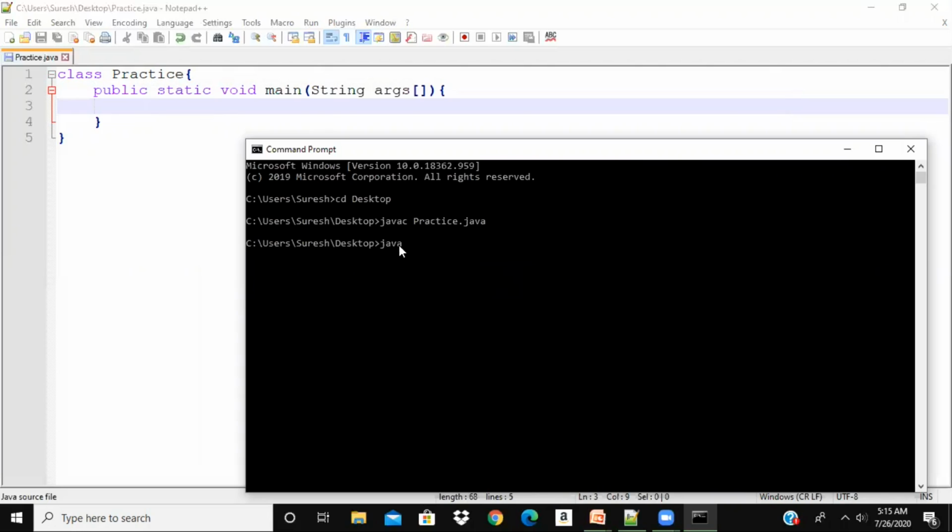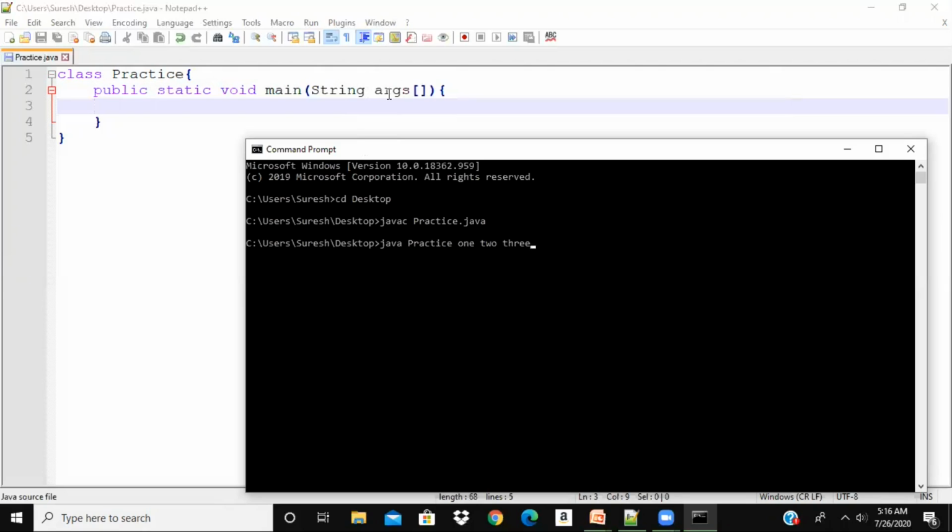So the Java class name is practice, the class with the main method. This is how you will execute your program. Here I can pass some arguments if I want, for example 1, 2, 3. So what will happen if I pass some extra arguments? These arguments will be assigned to the parameter String args.